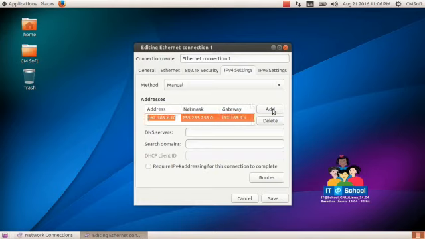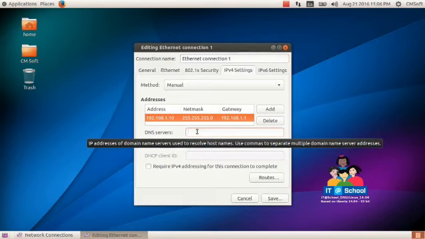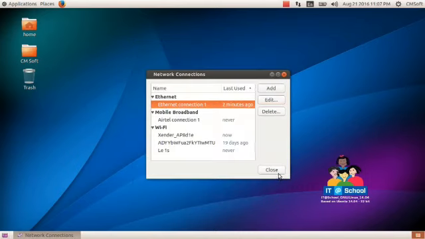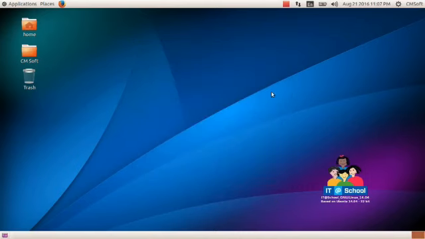Then add. Then give the DNS server here, 192.168.1.1. Then save. Then close the window. So we give the permanent IP address for the computer.